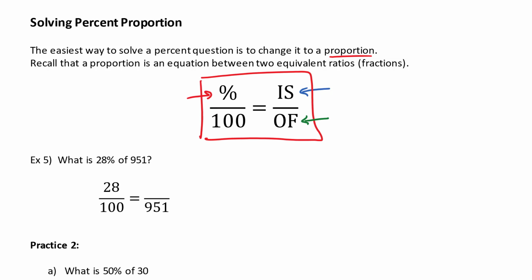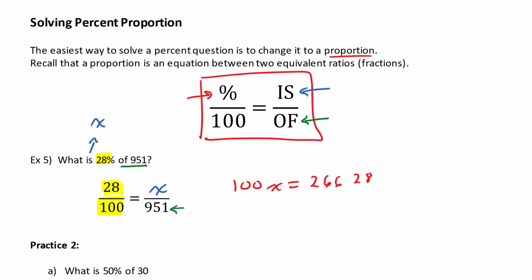Let's look at example 5. What is 28% of 951? Here, 28% is given. The question is, what is? I'm asking, what is 28% of 951? So the 951 is on the bottom, and our unknown is right here. Let's cross multiply. 100x is equal to 28 times 951,